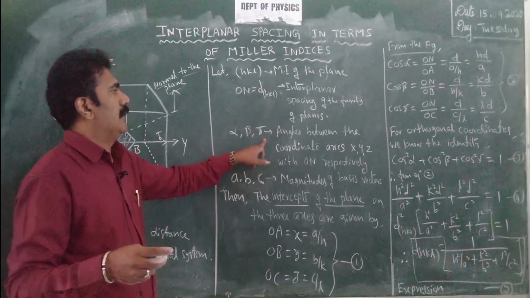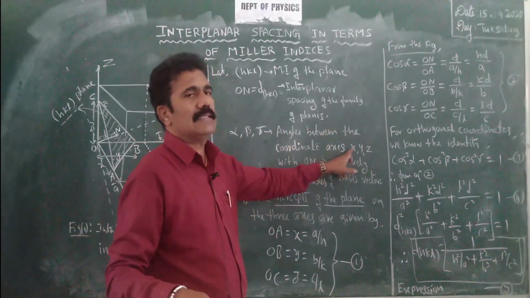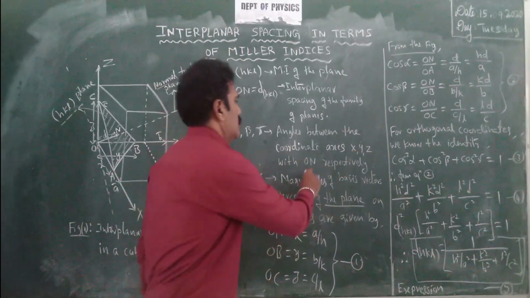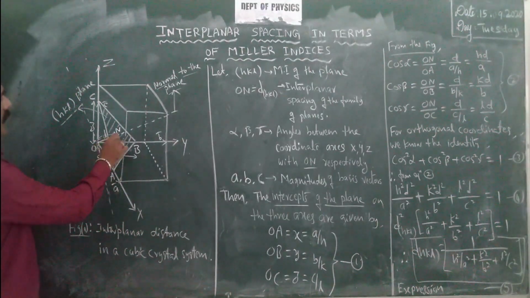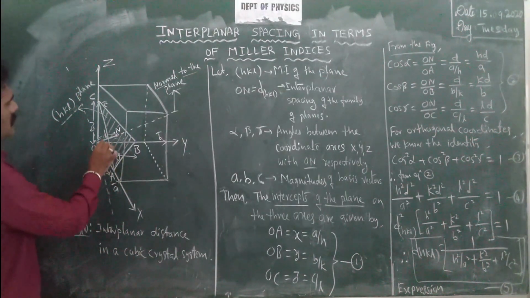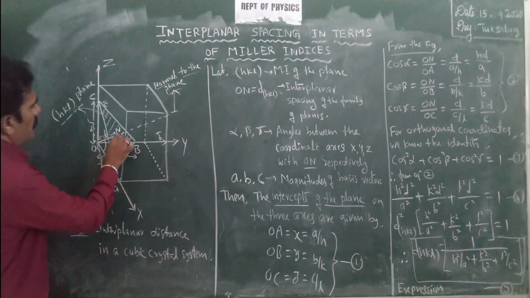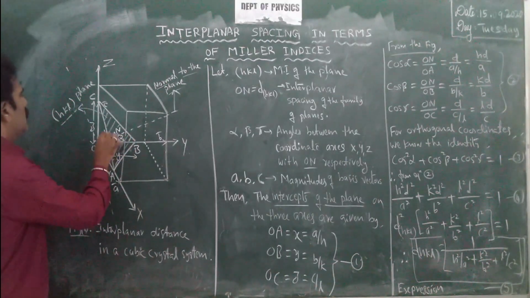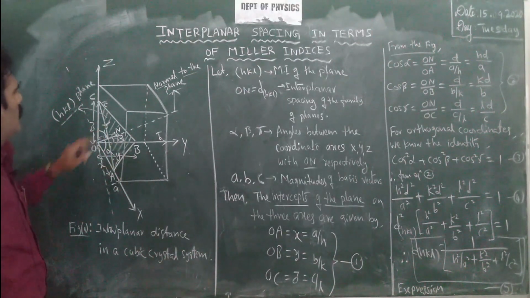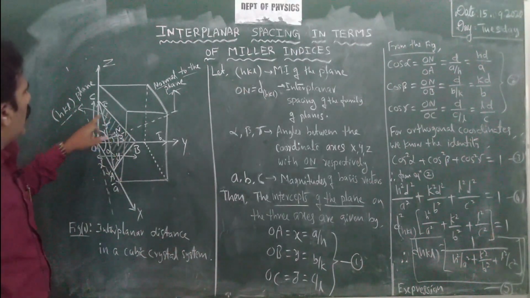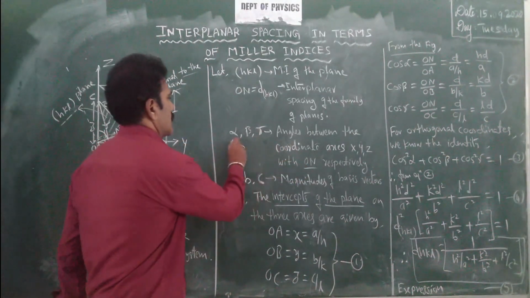Then you look at the diagram again. Alpha, beta, gamma you can consider as the angles between the coordinate axes X, Y, Z and ON respectively. So where is that? Now I will show you. ON is the perpendicular line, so this is making certain angles, isn't it? Along the X axis let it be alpha and along the Y axis let it be beta. Then ON makes the angle gamma along OC. So alpha, beta, gamma are nothing but the angles made by ON with the X, Y, Z axes respectively.